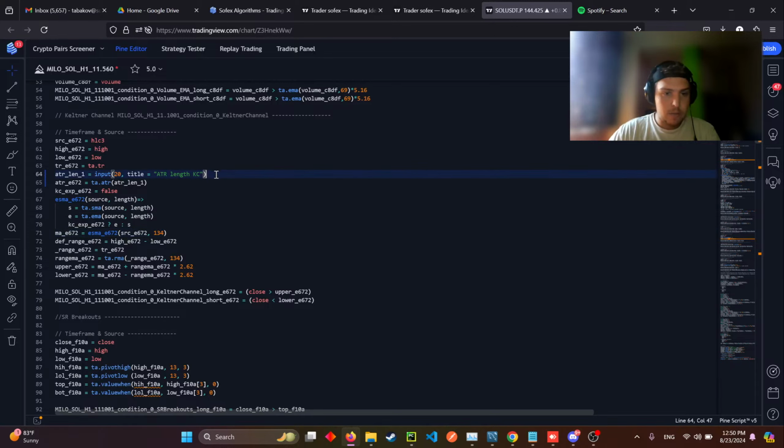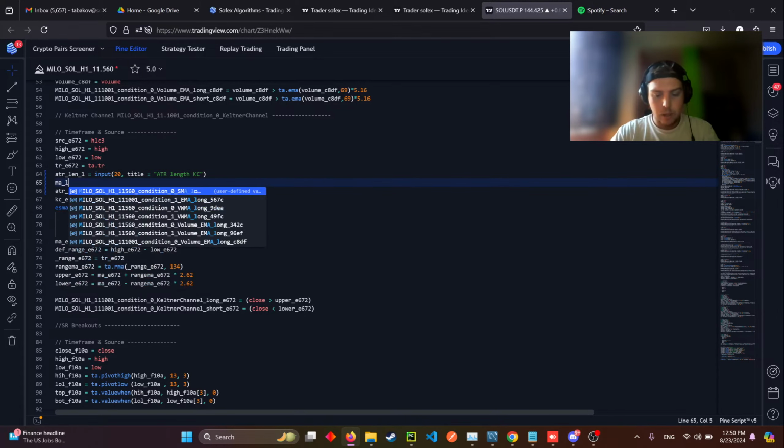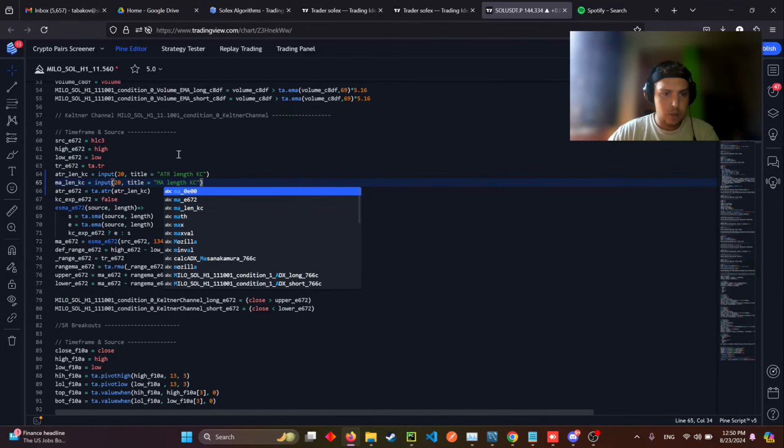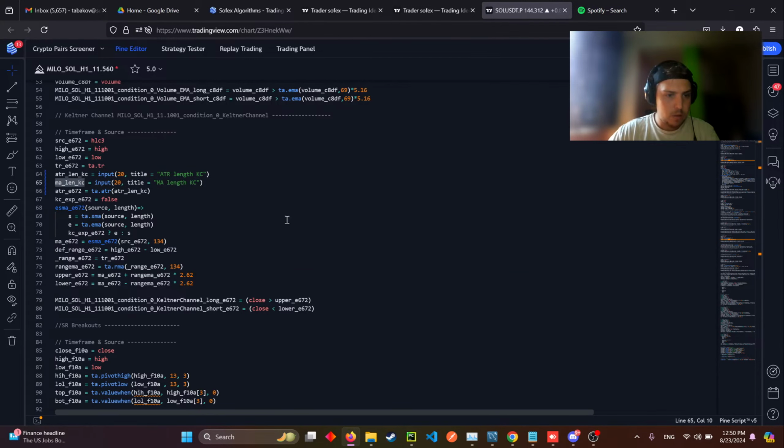There, we have a moving average length of the Keltner channel. So let me change this to Keltner channel as well, which again is equal to an input function, moving average length Keltner channel. It's 134. We can substitute that here, and then the last thing we have for this one